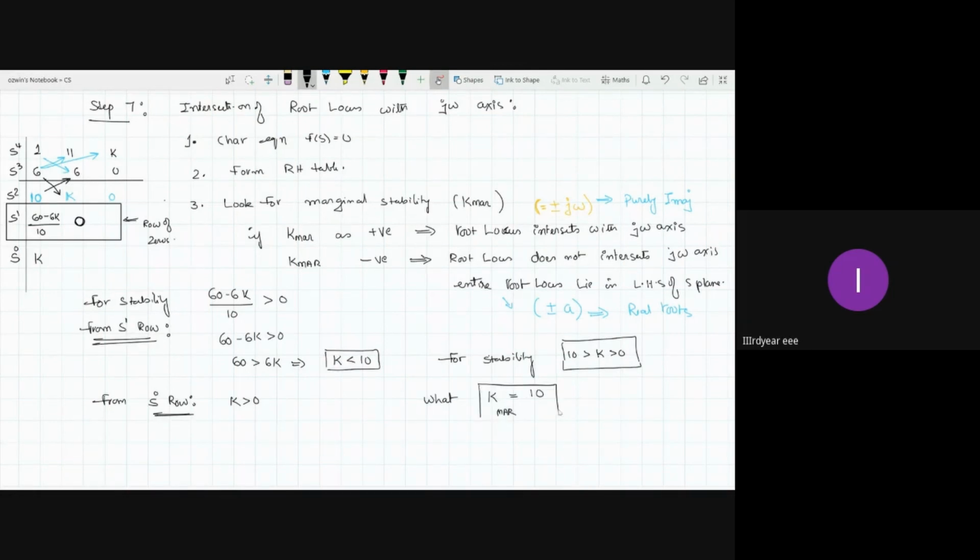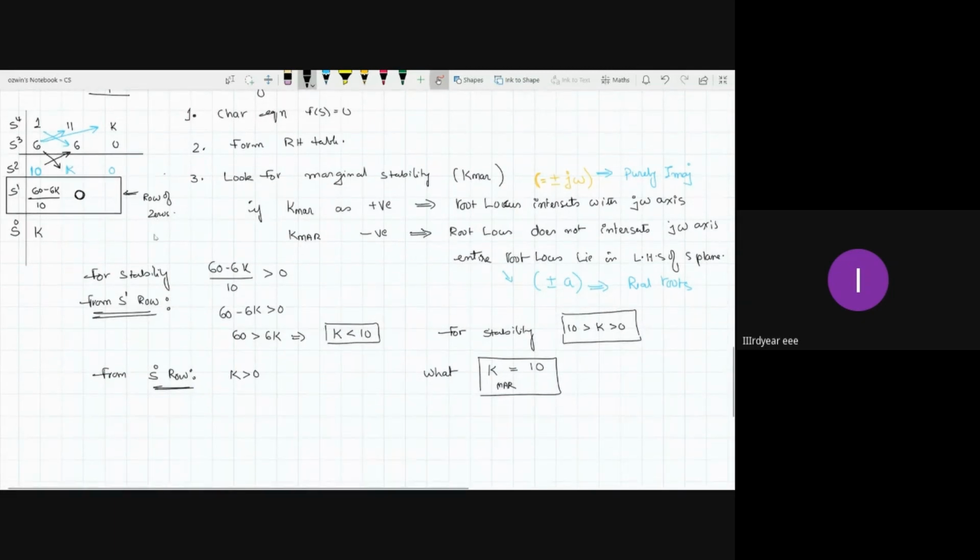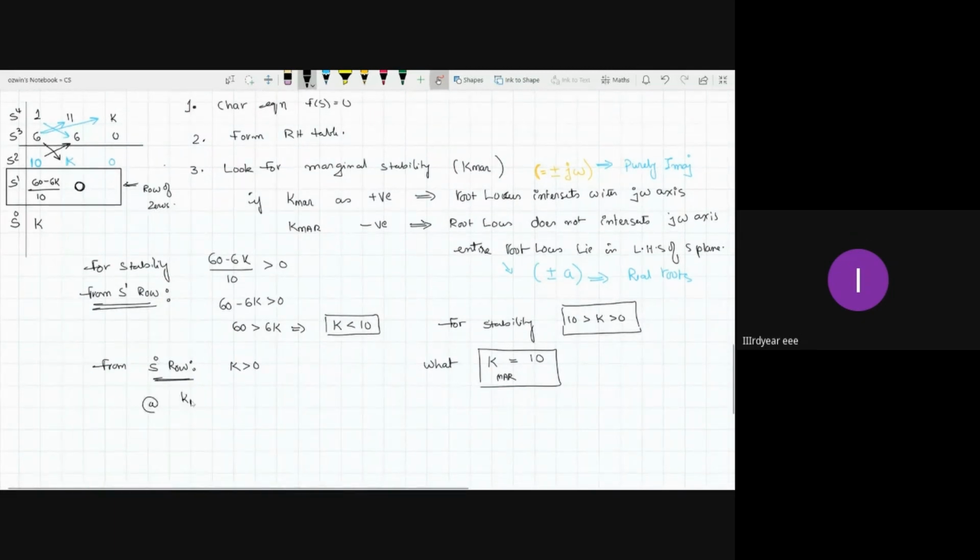This is called the marginal value. The moment you set k as 10, the first element of the s to the power 1 row becomes 0. Correct: 60 minus 6 into k, and you are setting k as 10, so 60 minus 6 into 10 is 0. So 0 by 10 is 0. So you will get the s to the power 1 row as the row of 0. So this is what I was trying to tell you. So at k marginal,